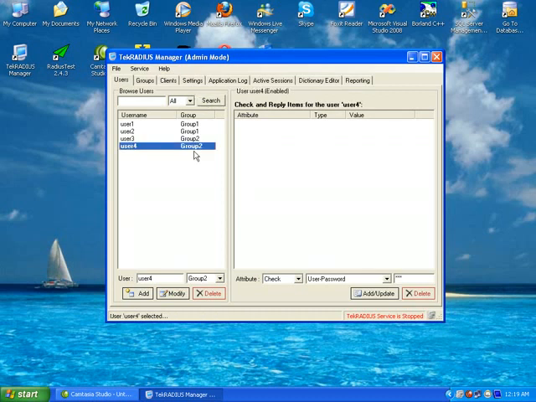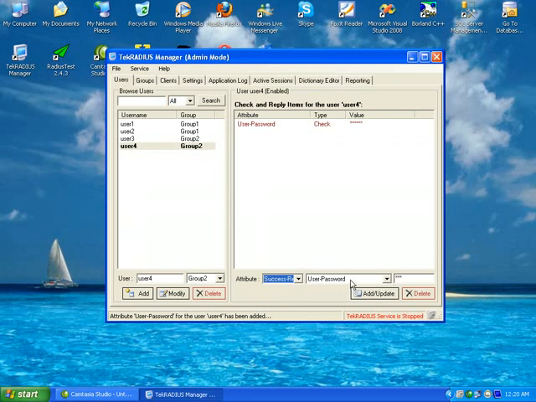Now if you want to assign some attributes to the specific user, click on the users and select attribute type, then select attribute and give some value, then click Add Update button, and you see it is added to the specific user and it will be checked in the authentication method. Now you can also select another attribute. Here you can see success reply,